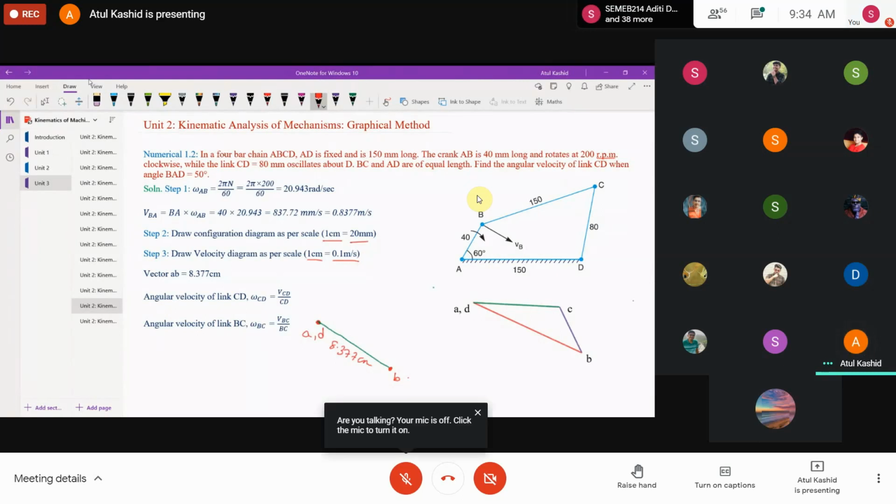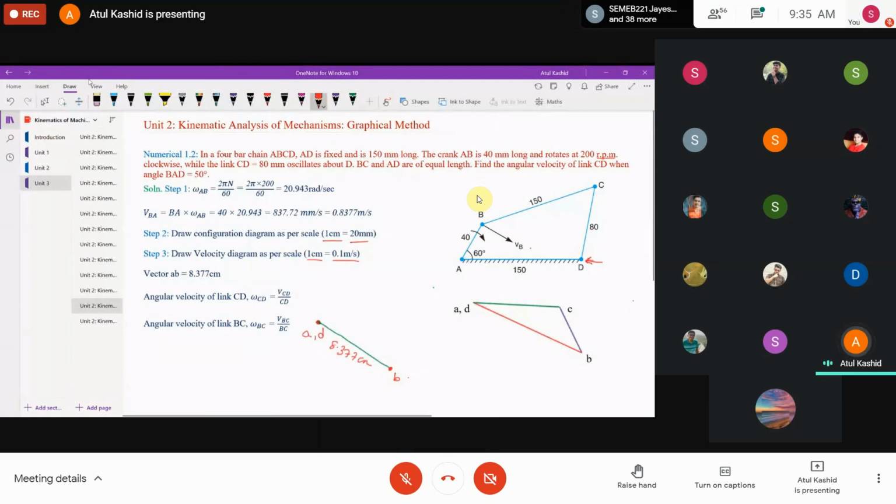जैसे कि हमने B के लिए निकाला था, right? AB जो लिंक था, उसकी velocity थी VB और VBA, right? So for this we started from A comma D, right? So the next link is CD, and here also we can see C is having the motion with respect to D, which is the fixed point. So we have already taken 2 points on the velocity diagram as a fixed point A comma D, right? So for C also we can start from this, right? Because D is there, right?